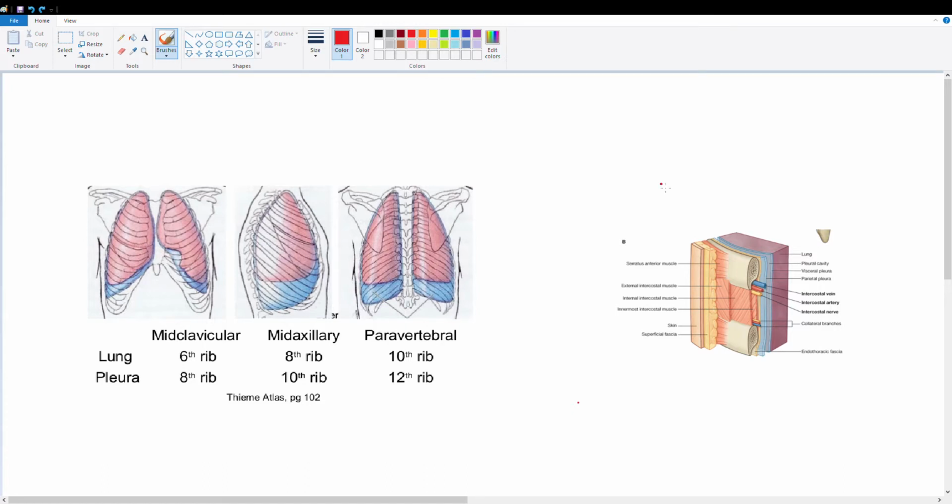Hey guys, so today's video is going to be a quick one on thoracentesis and the different axes in which it's done. So we're going to be going through the midclavicular, mid-axillary, and paravertebral lines and where the needle is inserted. So thoracentesis is the insertion of a needle into the pleural cavity, so that's between the parietal and the